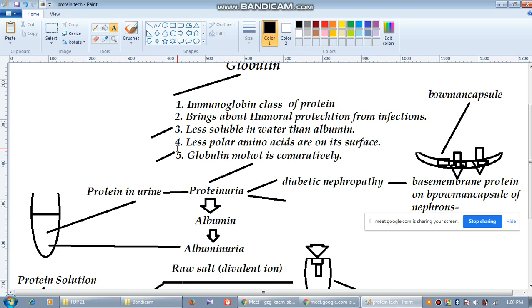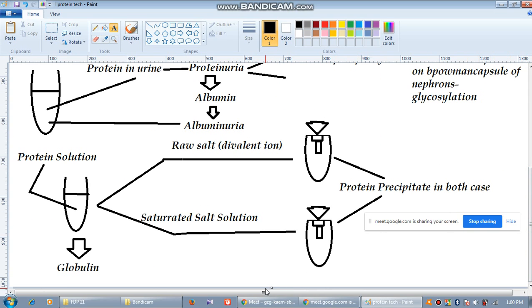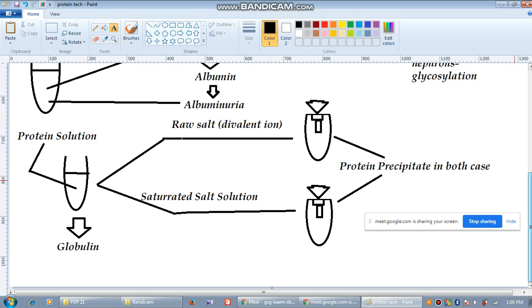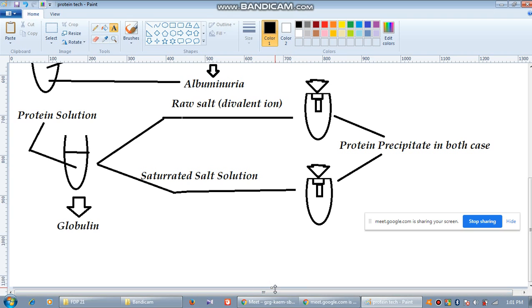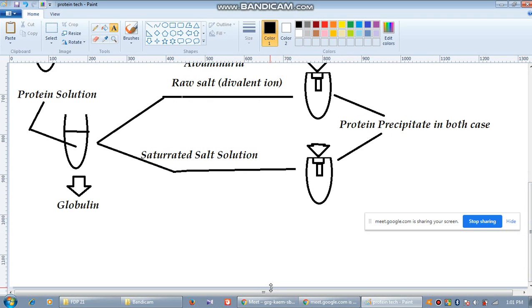Now you can ask me about the molecular weight. So for molecular weight, what should we do? We should use an SDS-PAGE. In the SDS-PAGE, in two lanes, in one lane we run albumin, in another lane we run globulin. So what will happen? You will see that albumin comes much lower, or much faster, because the overall molecular weight is very low, isn't it? So we also studied this. If you can remember last year's class, I think you remember,